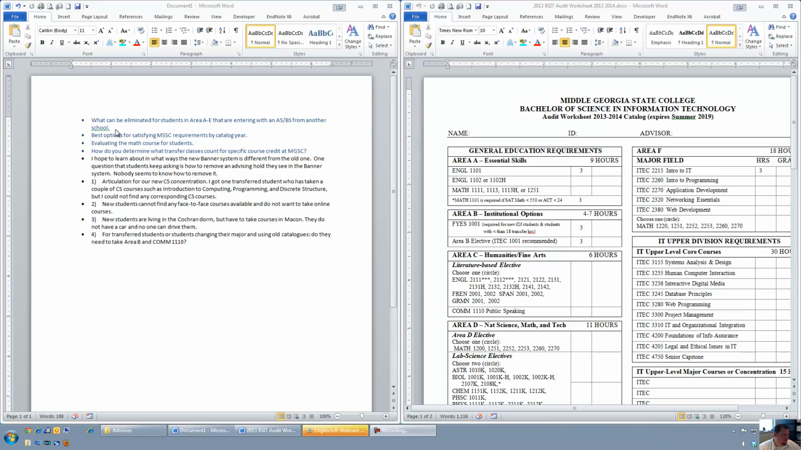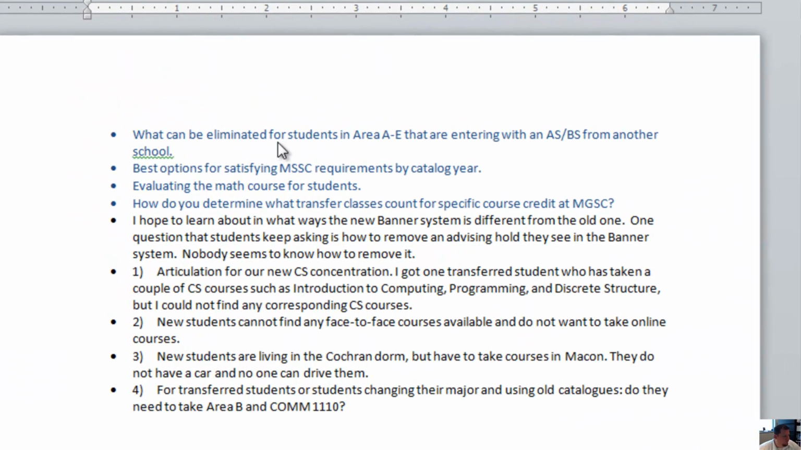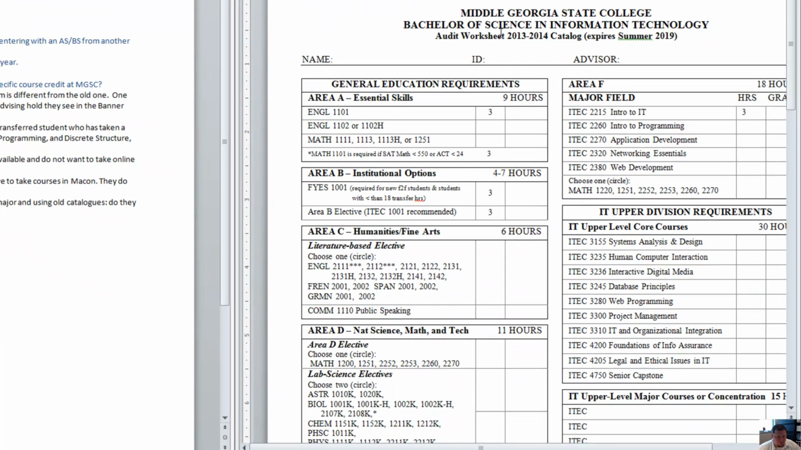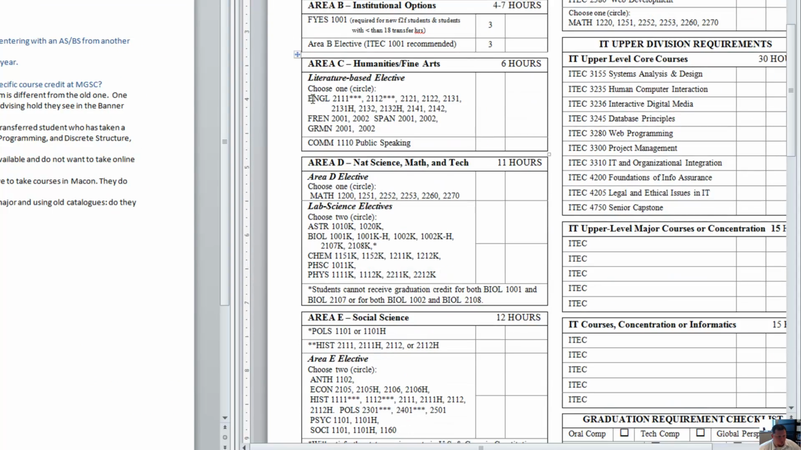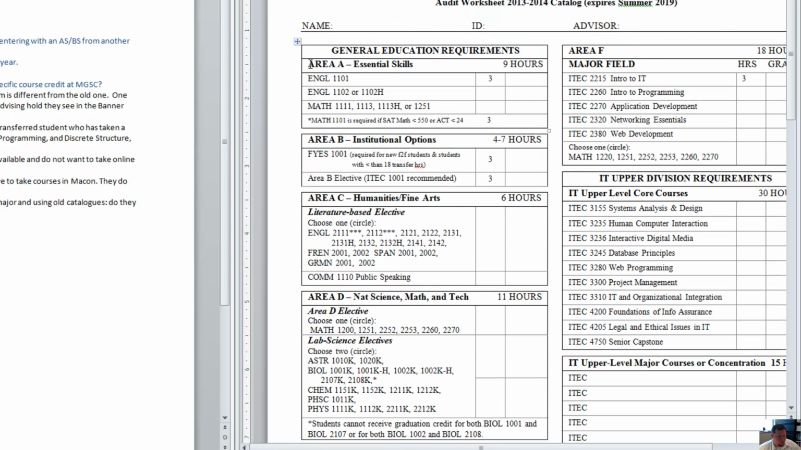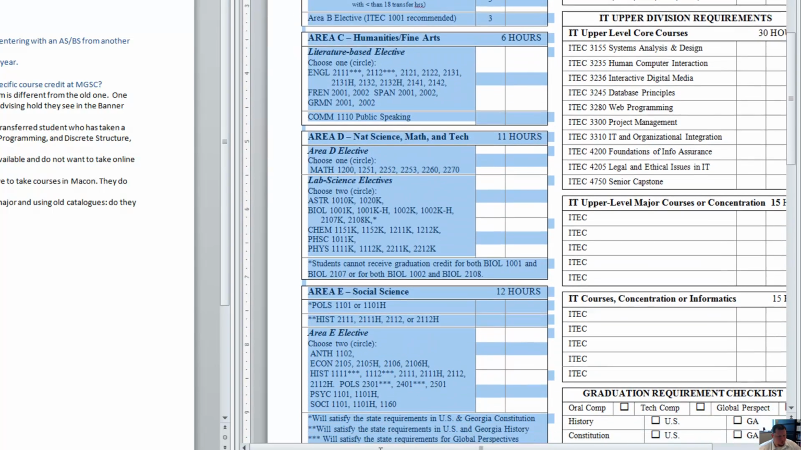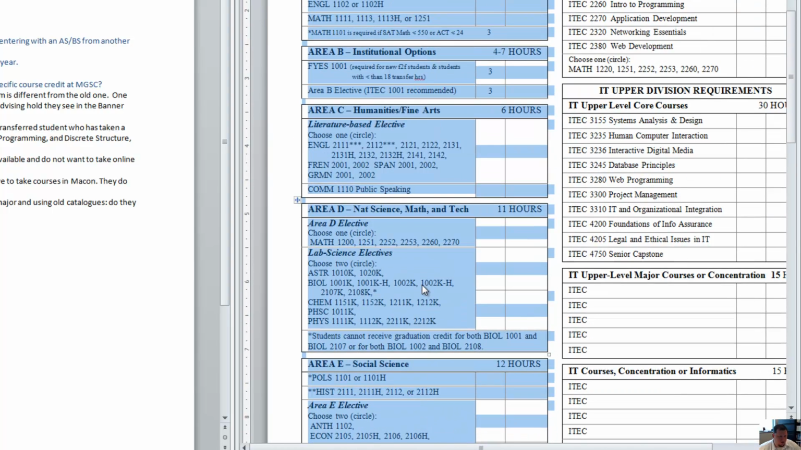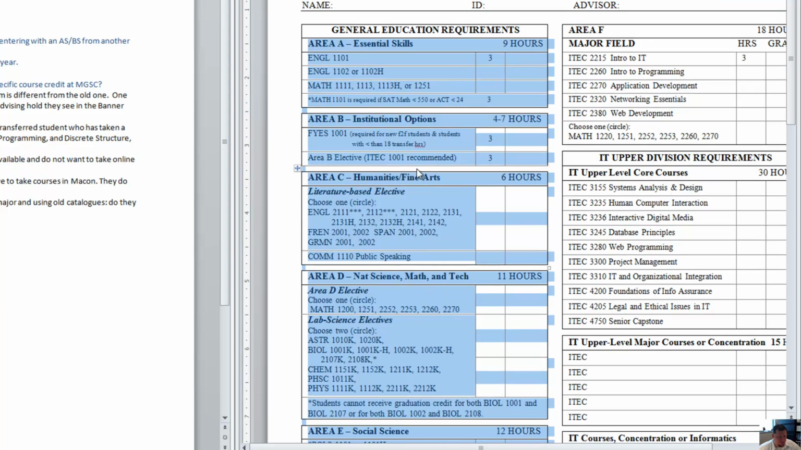So the first question is, what can be eliminated for students in areas A through E that are entering with an AS or BS from another school? I have a degree worksheet here on the screen. Things that can be eliminated are typically your areas A through E in the degree worksheet. If they have a degree from an accredited university, then we can automatically eliminate areas